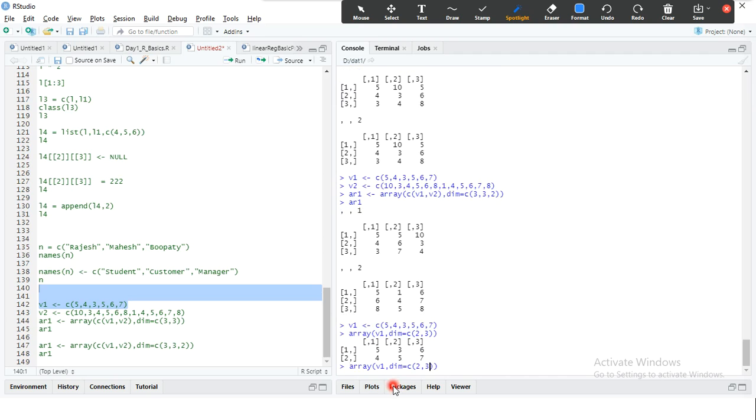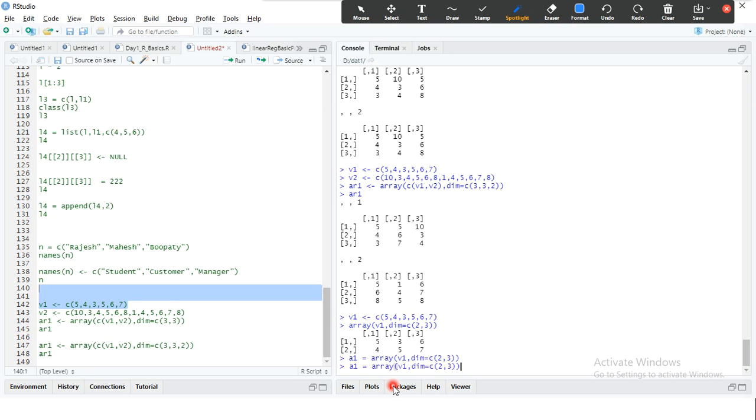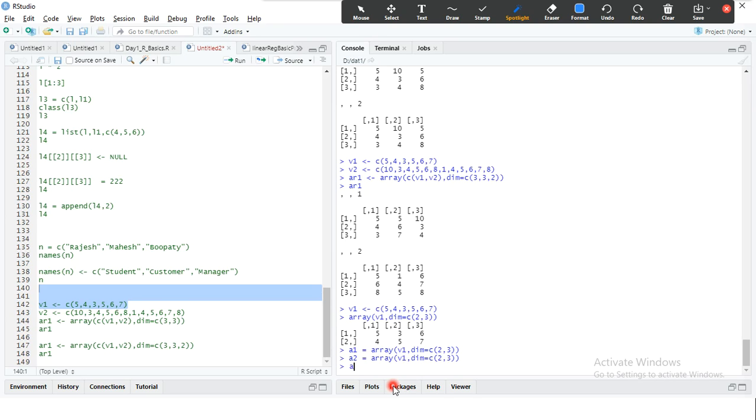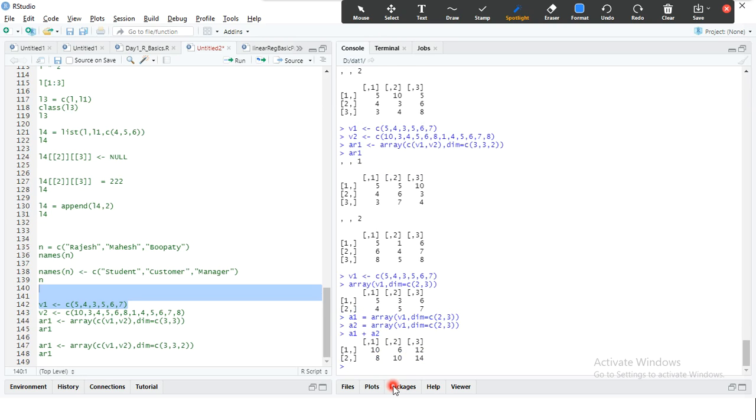This one I'll store in something called a1. And next one, in the case of a2, I'm also going to store the same thing. And if I perform a1 plus a2 arithmetic operation, it works.